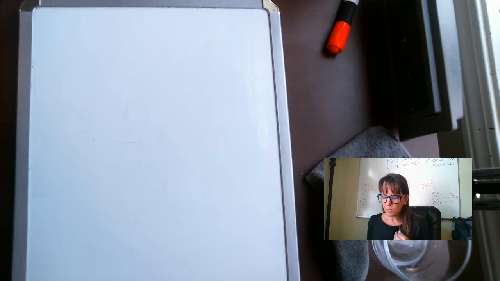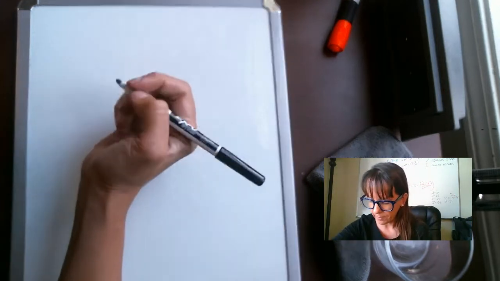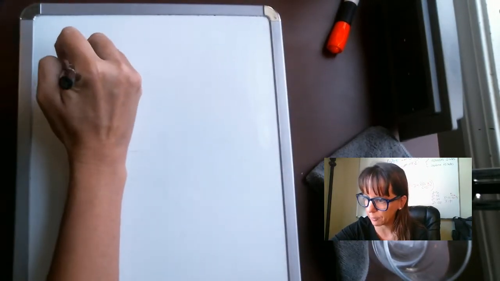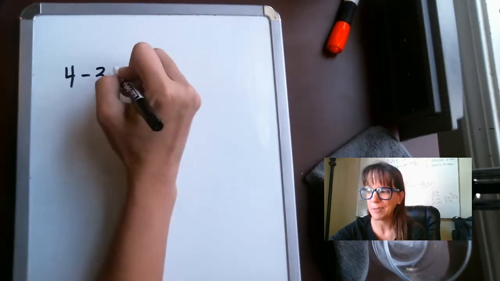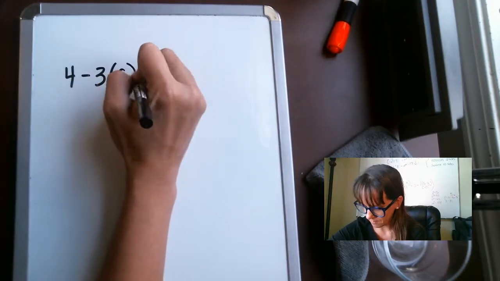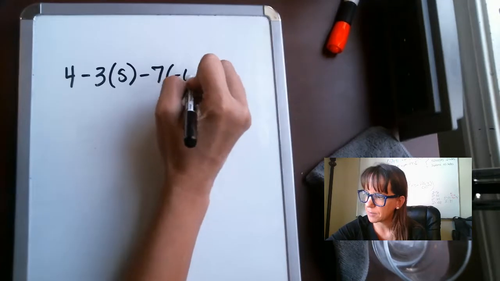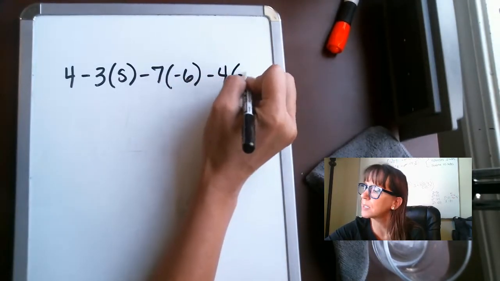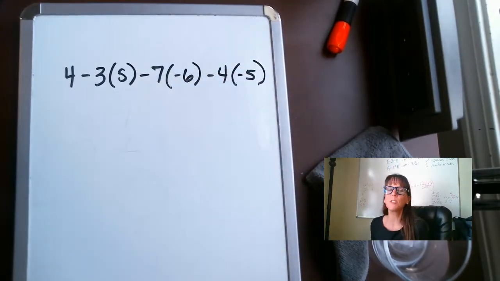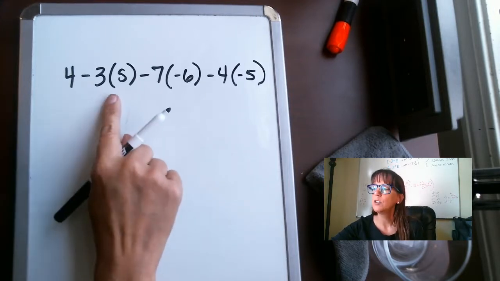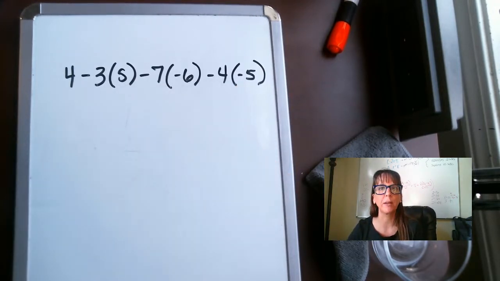All right, jumping right into this guy right here, 4 minus 3 times 5, this is 11C if you're following along, minus 7 times negative 6, minus 4 times negative 5. Okay, so for this first one, we have 1, 2, 3, 4 chunks because they're broken up by addition and subtraction,